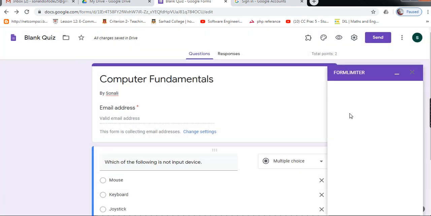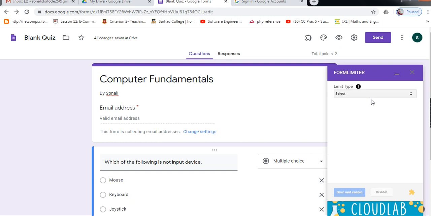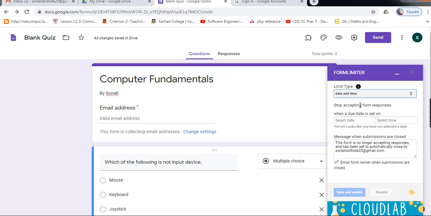Here you can set the time. Actually, it is for future reference. It means that after releasing the quiz, you stop the responses after 2 hours, or suppose your survey is for only 100 responses. Then you can select the option number of form responses. Suppose your questionnaire is only for 50 students, or 50 respondents, then you can select this option, or you can select the date and time option. I am selecting the date and time option here.